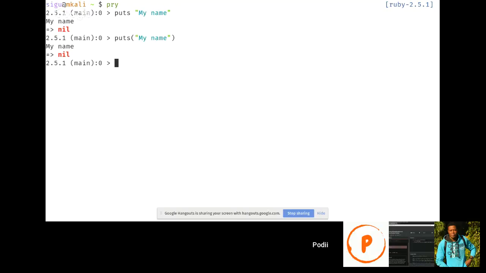Naweza puts name, comma. What happens? Okay. So I know that this is a method call, but these brackets are optional. These are the parameters. That's why inaweza iweka kama hivi.